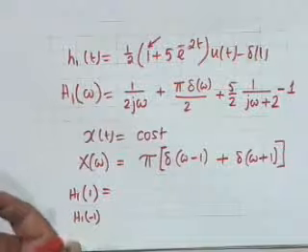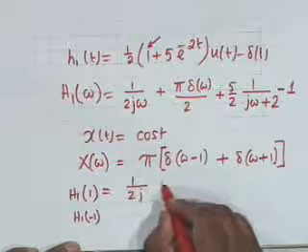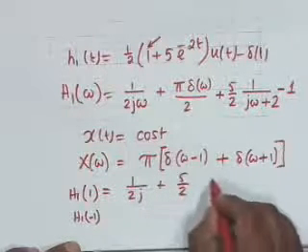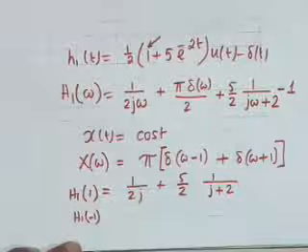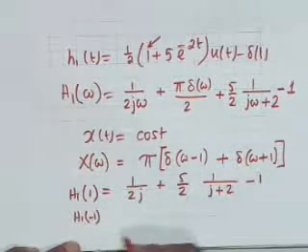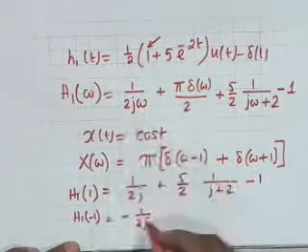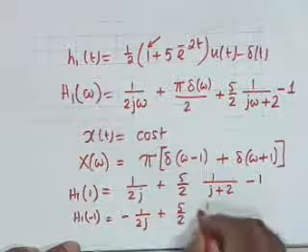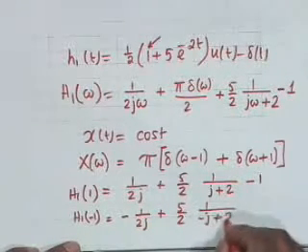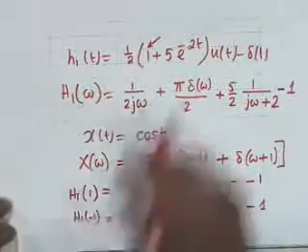0, because it exists at omega equal to 0 only. And therefore, what I have is 1 by 2j plus 5 by 2, 1 by j plus 2, alright, because omega is 1, minus 1 over 2j, because omega is minus 1, plus 5 by 2, 1 over minus j plus 2 minus 1. And all that I have to do now,